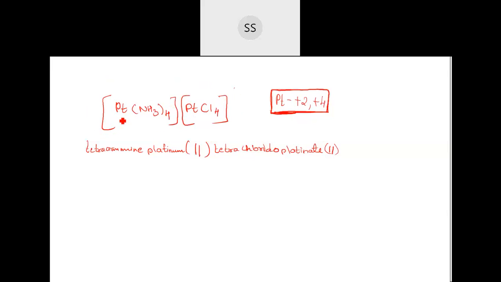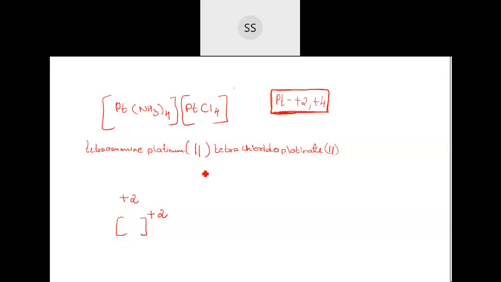Okay, so here if I take now platinum +2 oxidation state, ammonia anyways carries 0. Correct, no? So the whole complex will carry +2 oxidation state. That will be the oxidation state of the metal itself, because ammonia doesn't carry any charge. They are not going to contribute any charge for the metal. So whatever charge is there for the metal, that itself will be the oxidation state on the complex also.